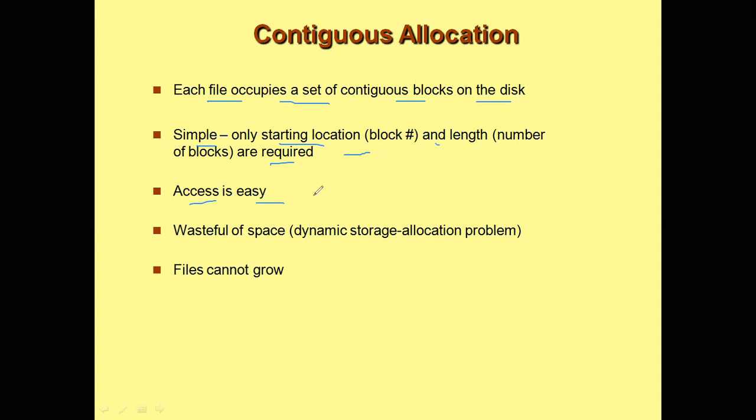Sequential access is even easier because the blocks are placed in a continuous fashion. So sequential access is very easy. Even direct access is also very easy. Since you know the starting address, suppose let's say the starting address is S, and then you want to access the ith block, then just give the number of the ith block, then you can directly reach that particular block. That is, based on the starting address and the ith block, you can directly go to that particular block. So both sequential as well as direct access is easier in contiguous allocation.